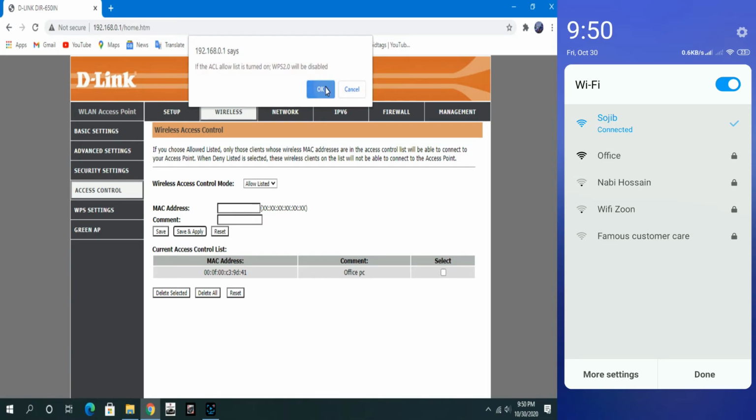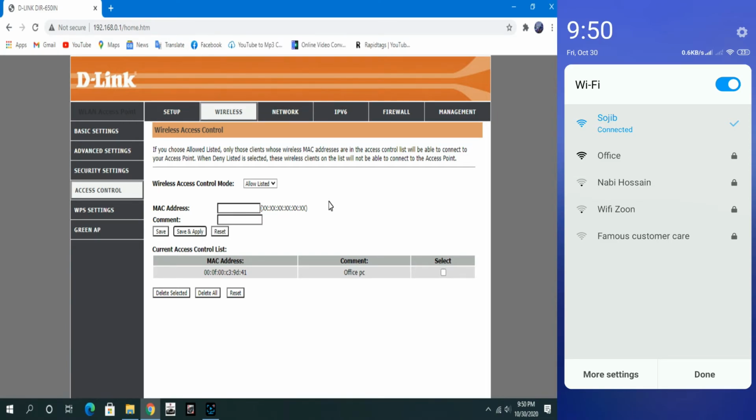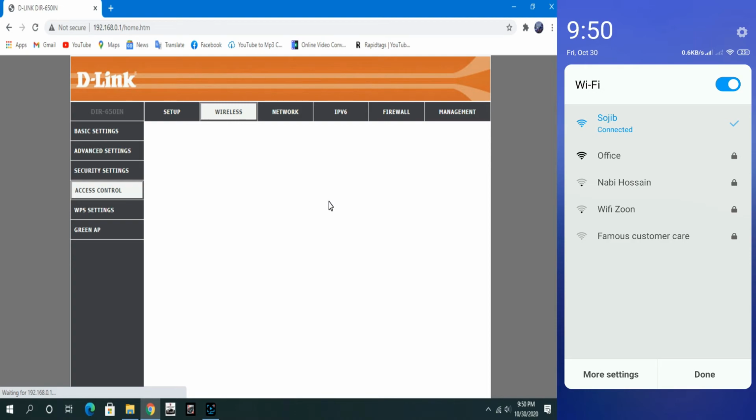Then after clicking on save and apply, you will see that the device is disconnected immediately.